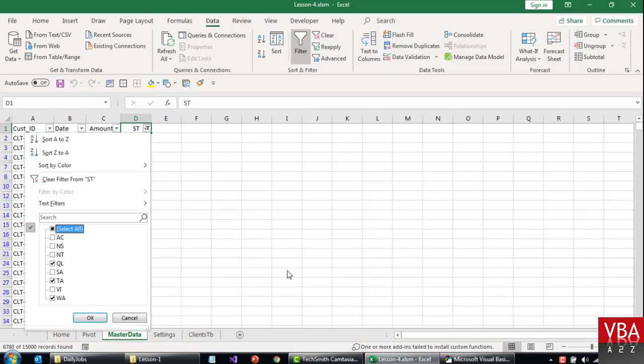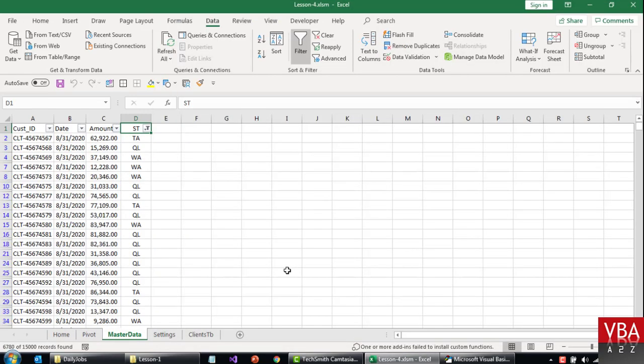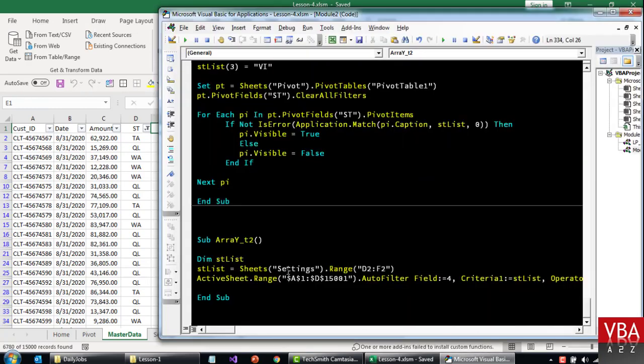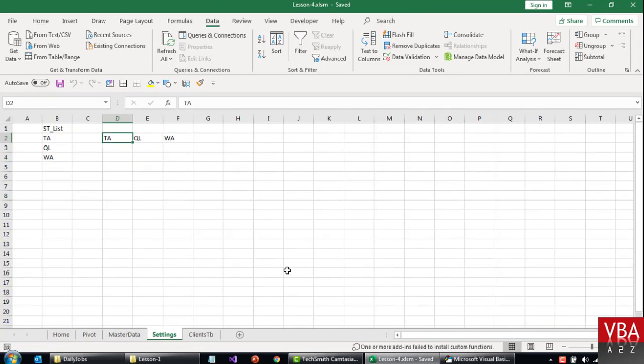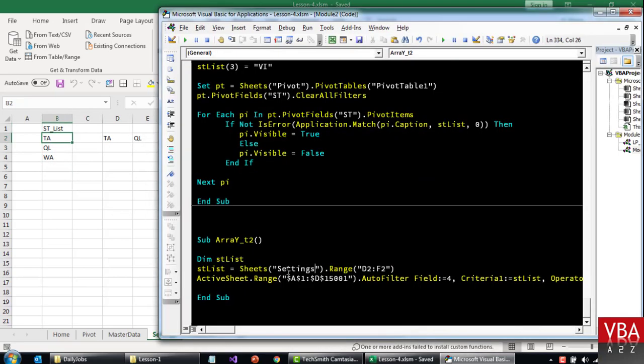Okay, so if I go here, whatever was there in that list got filtered. Now, in case your list is not in this way and it's downwards like this, you'll have to transpose it. Okay, so let's say this is B2 to B4, right? B2 to B4, and if I run this code now,